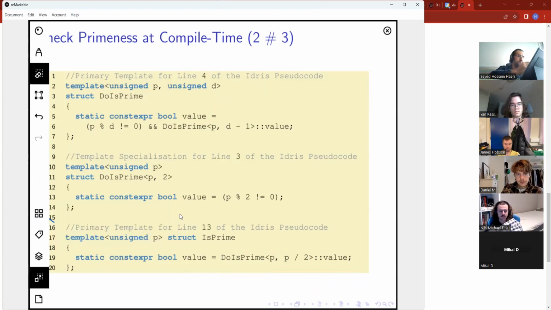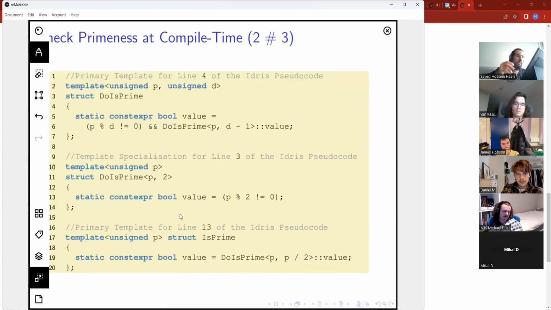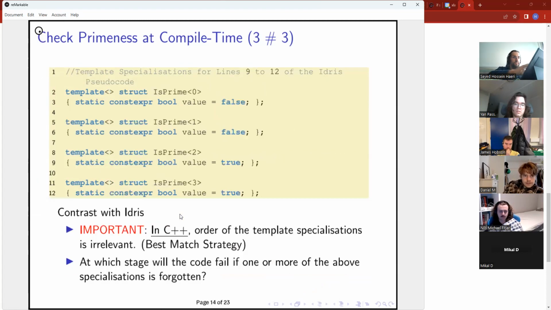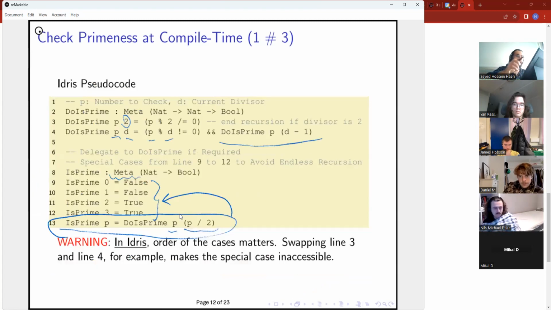So in the Idris code, you just get your signature and your cases.